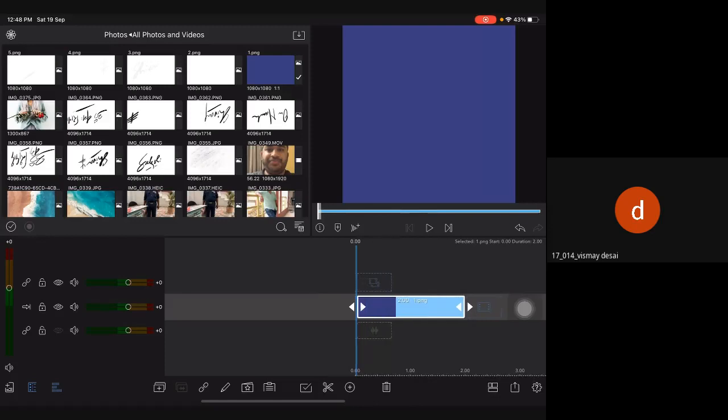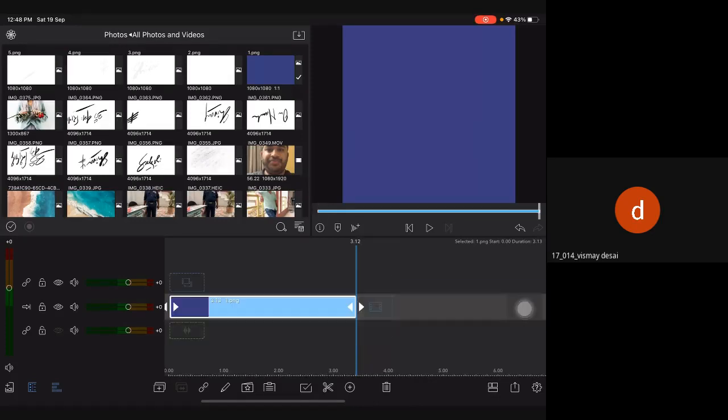Currently our animation is quite short, so we'll not go for a bigger video, we'll simply go for a 5 second video. So we'll increase it to 5 seconds. Now based on the tool, the way of changing the size and timing of your frames will change, but the logic will remain the same.